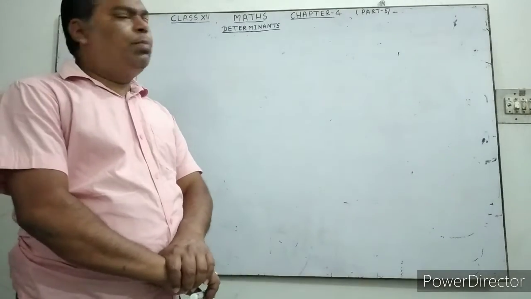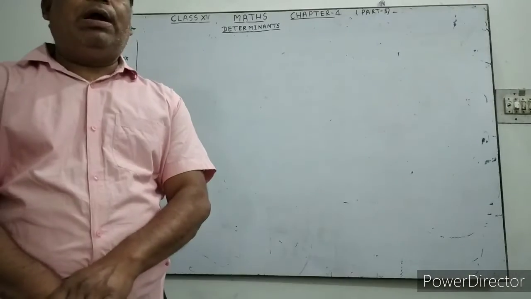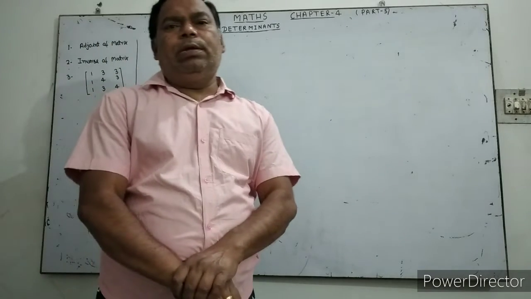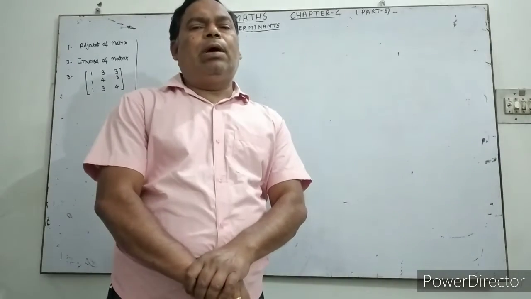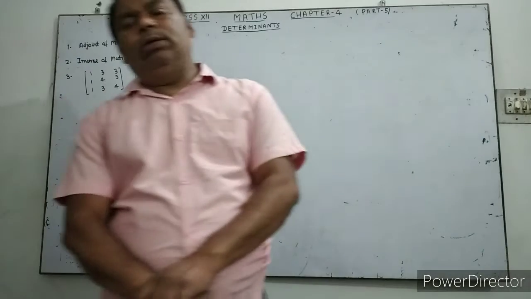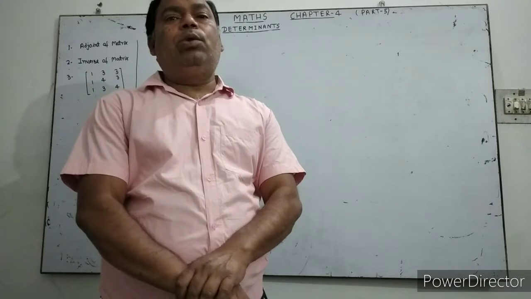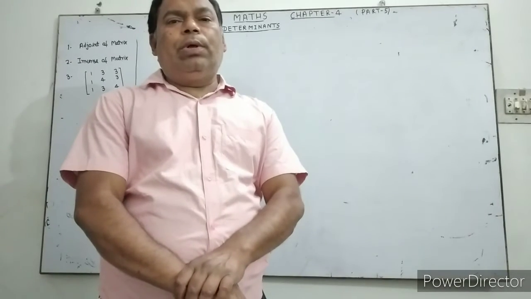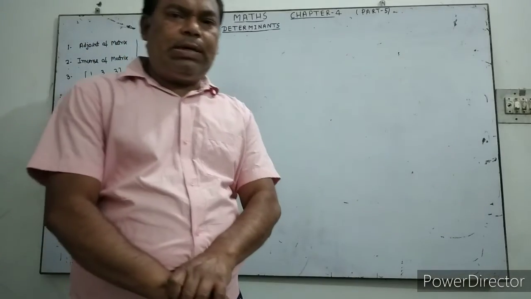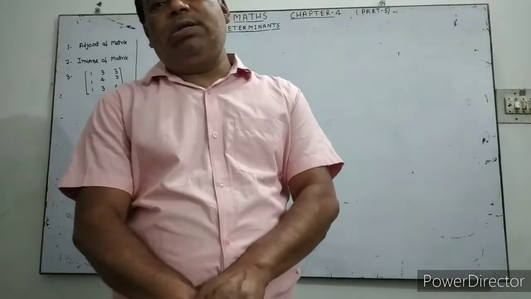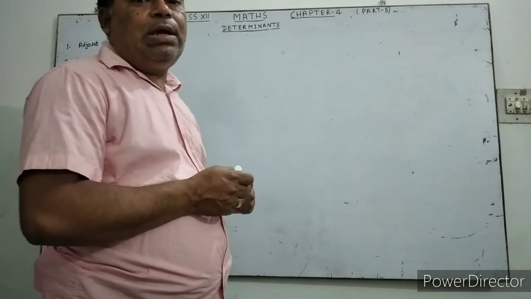In part 1, part 2, part 3 and part 4, we discussed the determinant, how to evaluate it using properties, how to find the area of a triangle, and how to find the minor and cofactor. Now, in this topic, we discuss what the adjoint of the matrix is and what the inverse of the matrix is. What is the formula for the adjoint of the matrix?